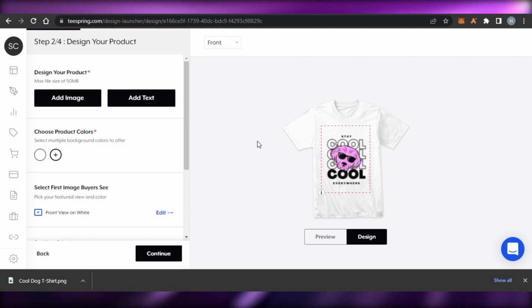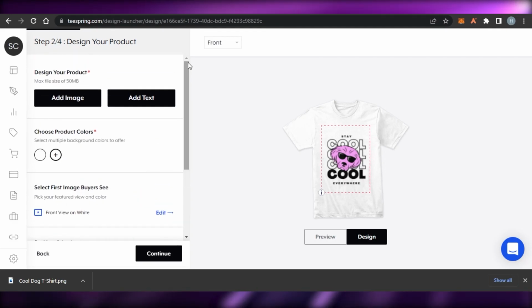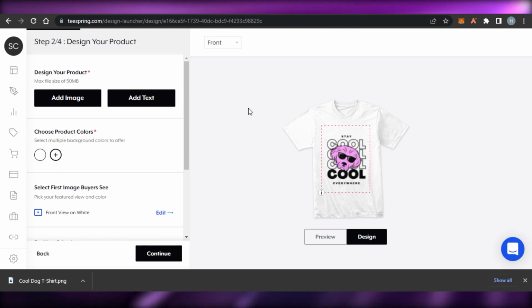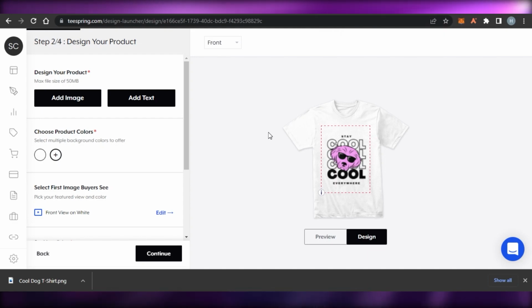You can explore different marketplaces such as Redbubble and Etsy, and you can see what kind of products are actually selling. Once you do that, you will have an idea of what kind of products people are buying. You can then choose a niche, and after that we can design within our Teespring, if it's just text, but we actually have to prepare a design